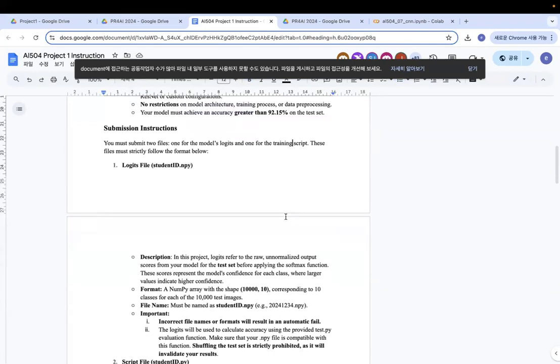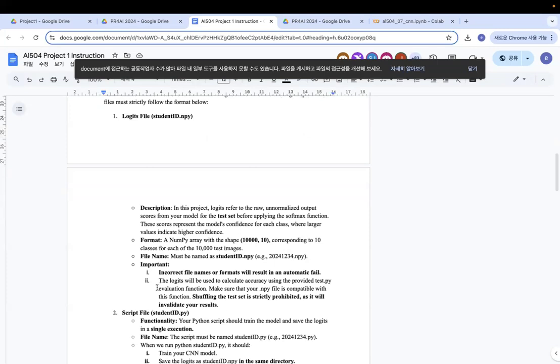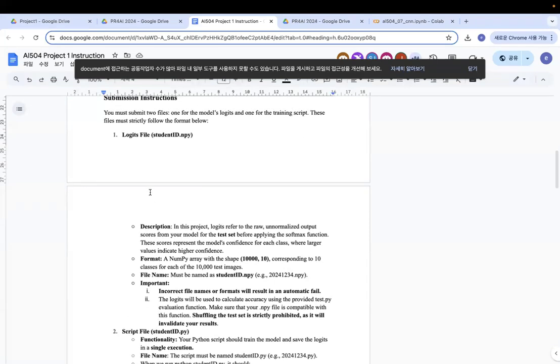So you should submit 2 files. One is the logit file and the second is the script file. The logit file is studentid.npy. This file contains the raw unnormalized output scores from your model for each test